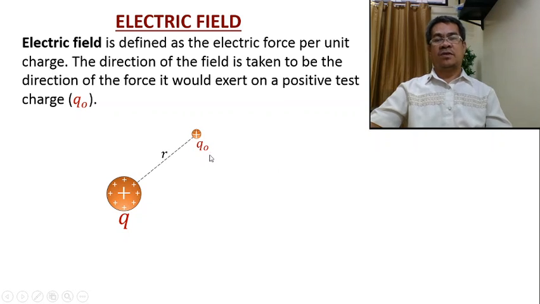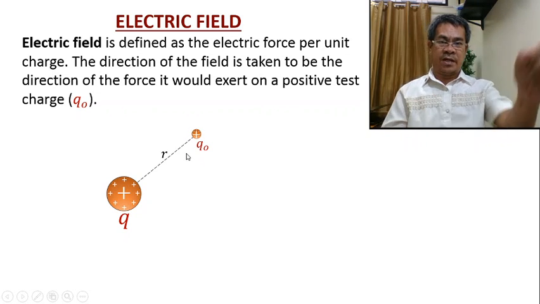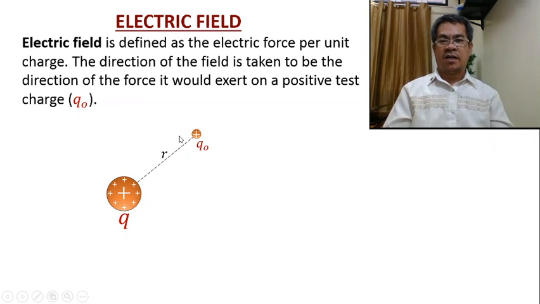Okay, so we have this positive test charge. Now, take note that this positive test charge will interact with the charge Q. In our previous video, we studied how to calculate the amount of force using Coulomb's law, and we understand that if we have the same positive charges, they will be repelled. So the force must be an outward force from the charge, moving away from each other. So we have this force.